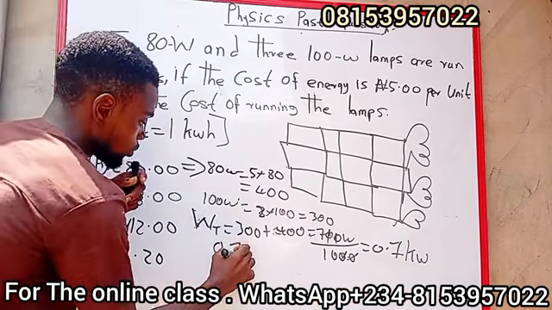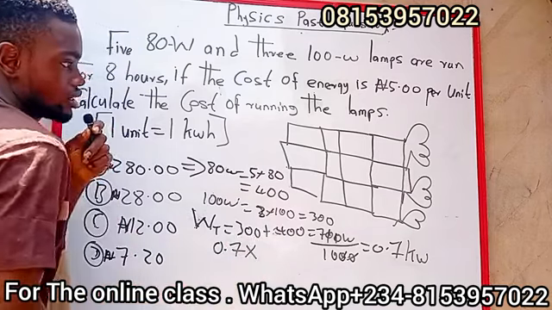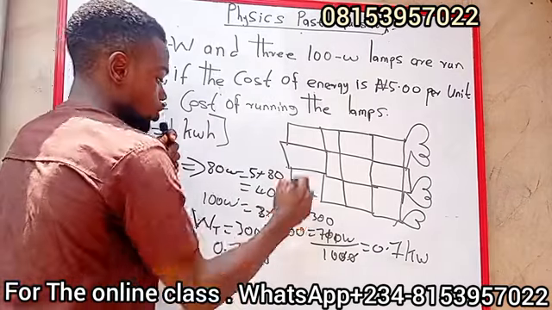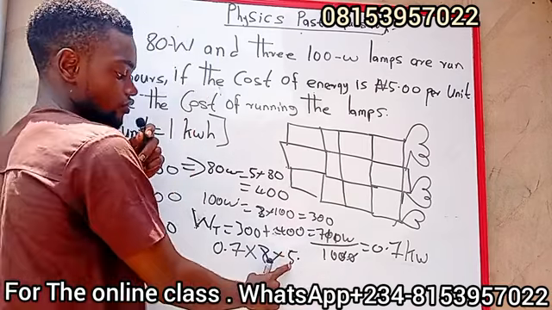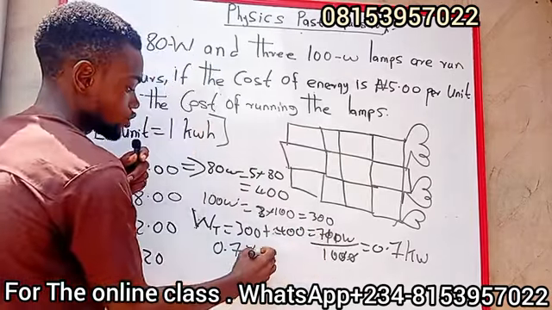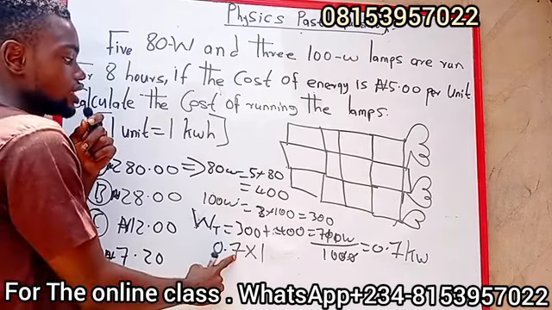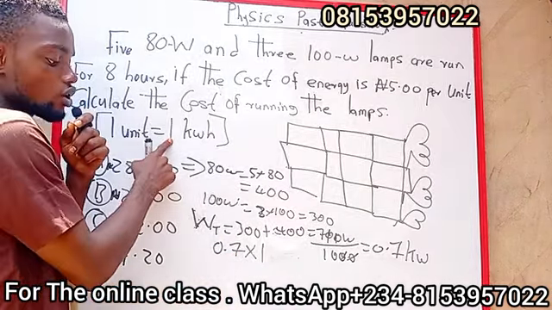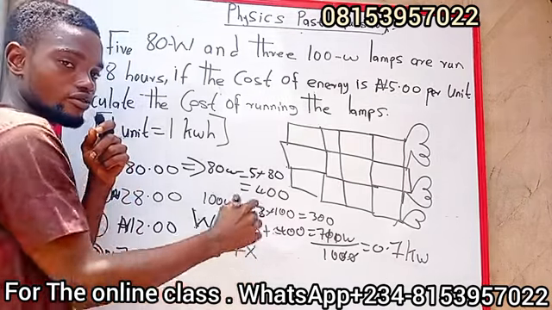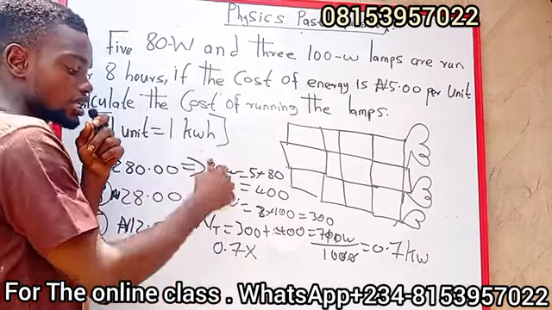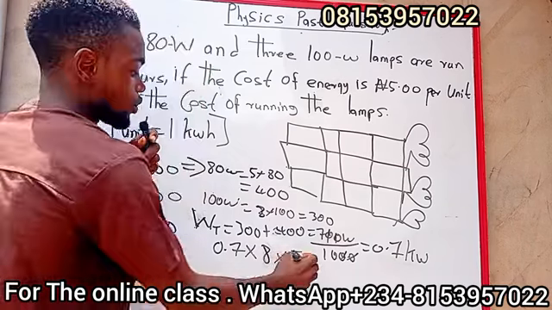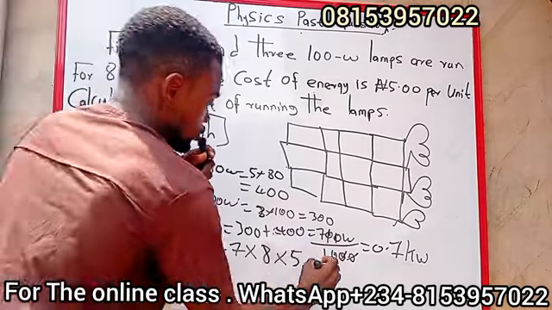So you now take the value of the bulb, which is 0.7, times how many hours you're running it, which is 8 hours. Since we are looking for the cost, it's also going to be times 5. Why? Because 5 is the unit price for 1 hour. Assuming we are looking for it in 1 hour, we'll just say times 1. So 0.7 times 5 is the cost of running it for 1 hour. Why the cost of running for 8 hours now becomes 0.7 times 8 hours times the price, which is 5. Now when you times this together, this times this times this is going to give you